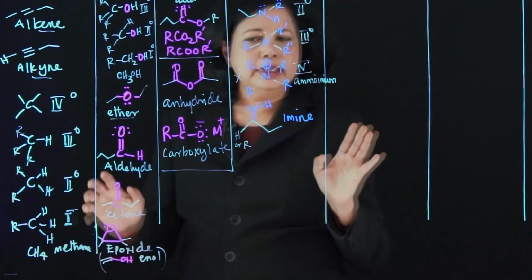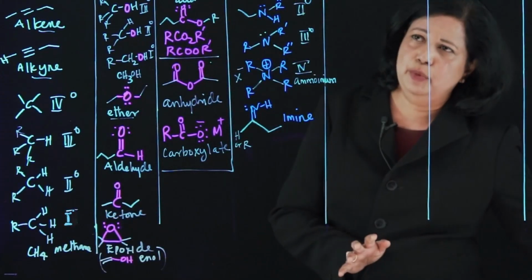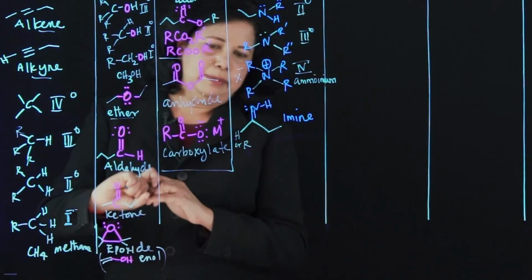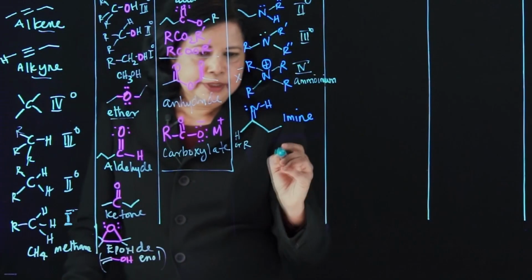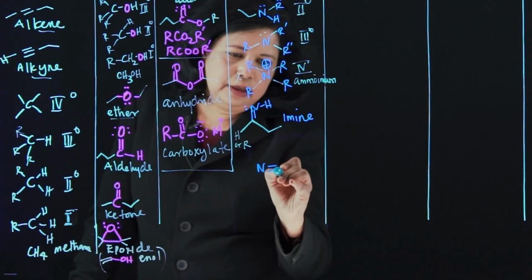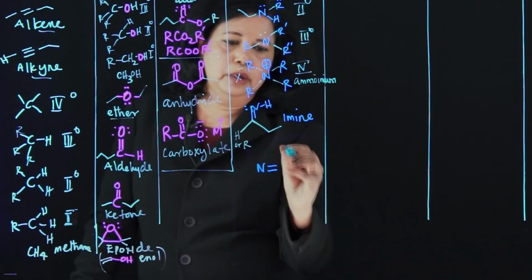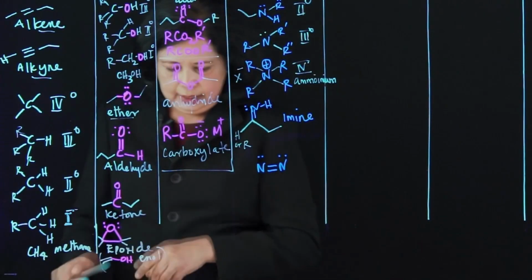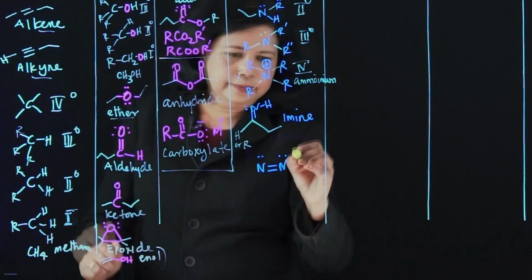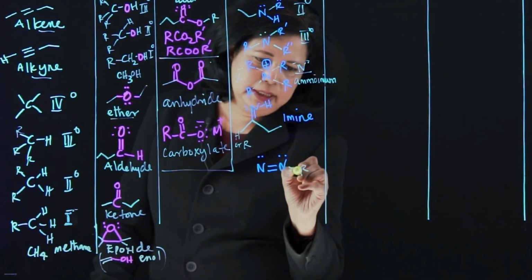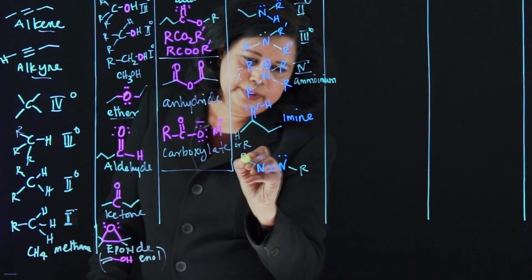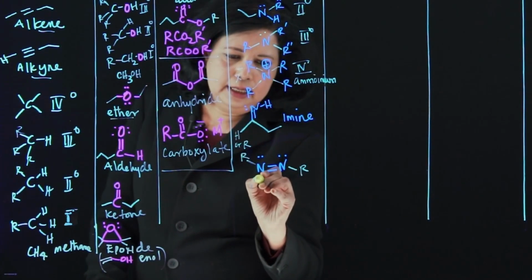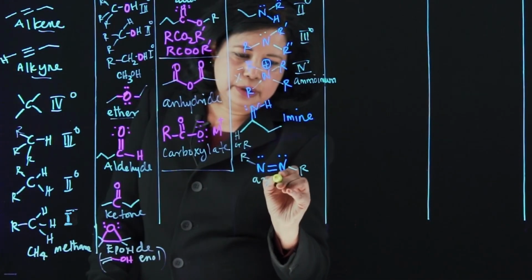All the functional groups that we're going to put here, you're going to see somewhere down the line. So that's why I'm including some of the ones that probably may not even be in your book. So if you have a nitrogen, you can have a nitrogen double bond with another nitrogen. And those are called azo compounds. Typically they would be trans. So this is going to be a diazo or azo.